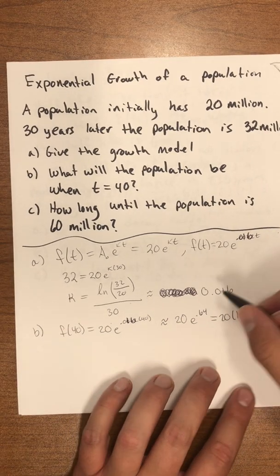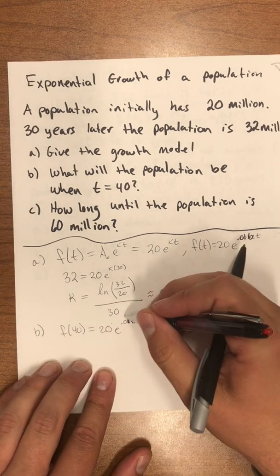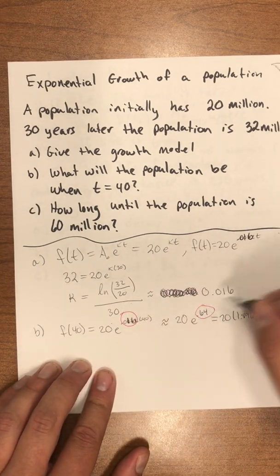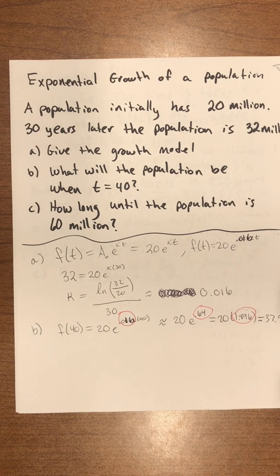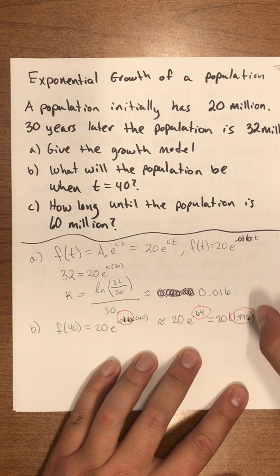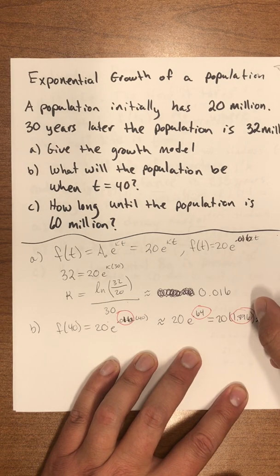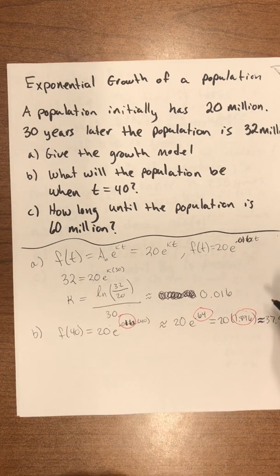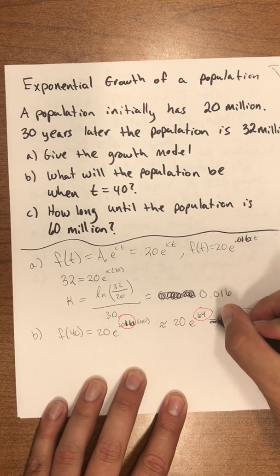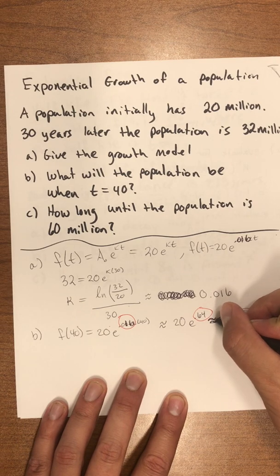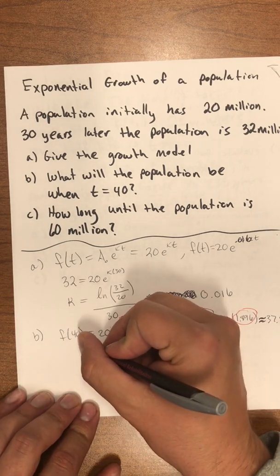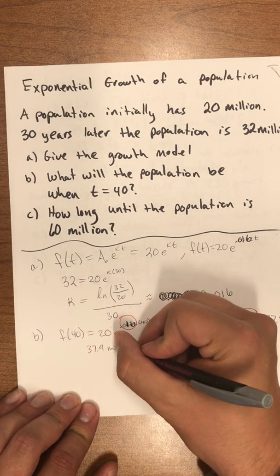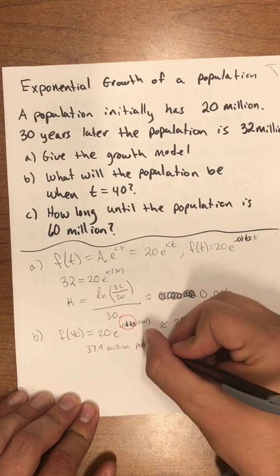Okay, so we approximated along the way. This is an approximation, which then makes this an approximation, and then this is an approximation. So depending on how you round and where you approximated, this number is going to be a little different. I should actually use the approximately equals here. They're all approximations, so they're all approximately equal to each other, and we're going to be pretty close to 37.9 million. So 37.9 million population